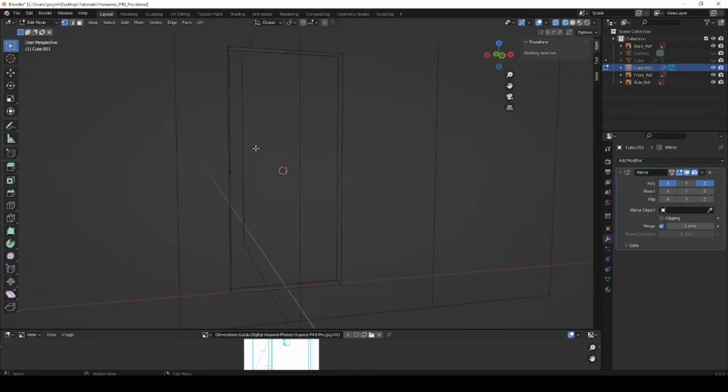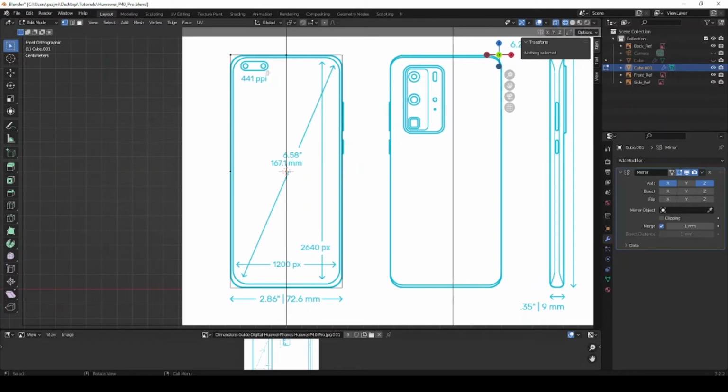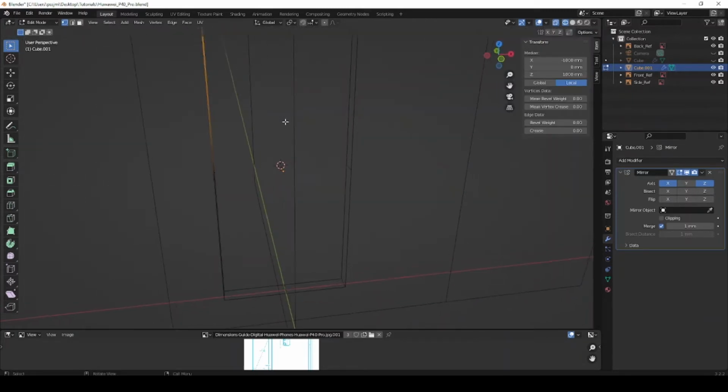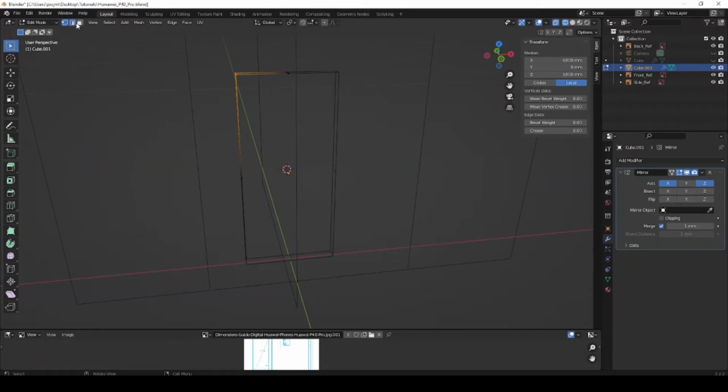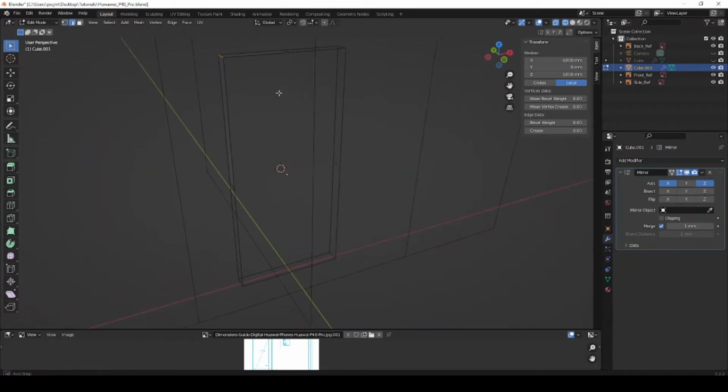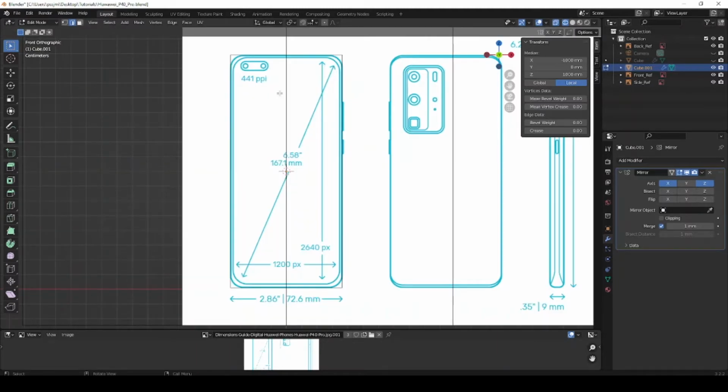It's just a frame, it's on the sides. So what we're going to do now is select this. You see now it's selecting that edge. If I was on the edge select mode, you would realize that it's only the edge that's selected. So on a front view, I'm going to hit Control B and move my mouse. When you move the mouse, you see it's starting to create this